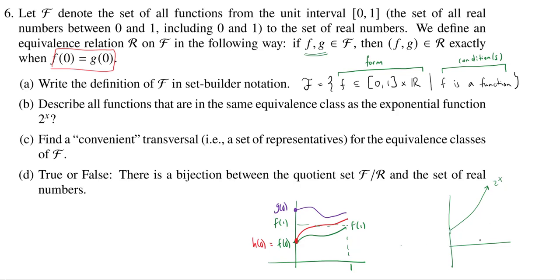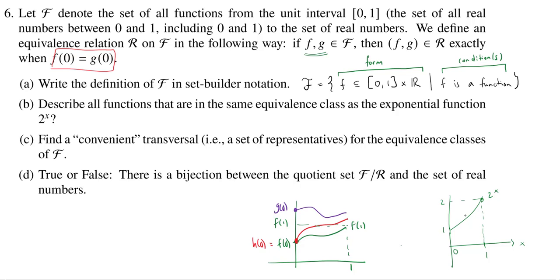Okay, and actually I don't need anything past when x is equal to 1. So when x is equal to 1, I'm at height 2. When x is equal to 0, I get 2 to the 0 power, I get height 1. So I don't need anything past that. Okay, so that is 2 to the x. So I want to know what are all the functions that are in the same equivalence class as this function